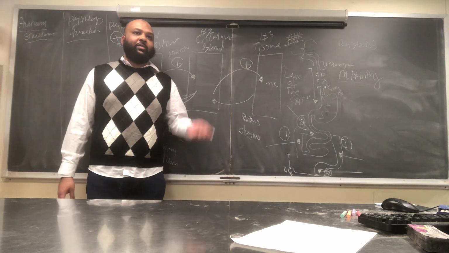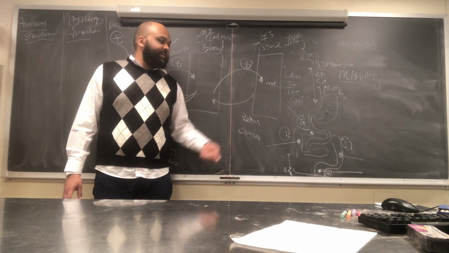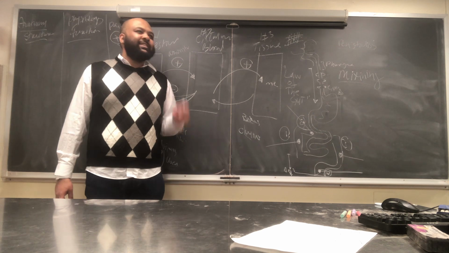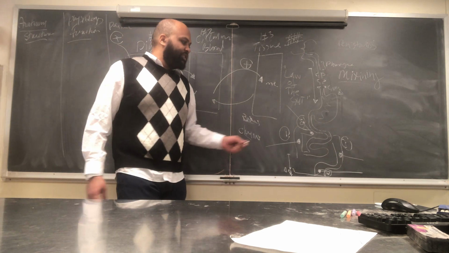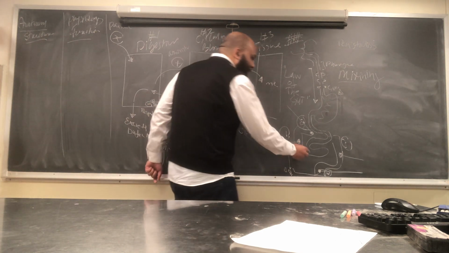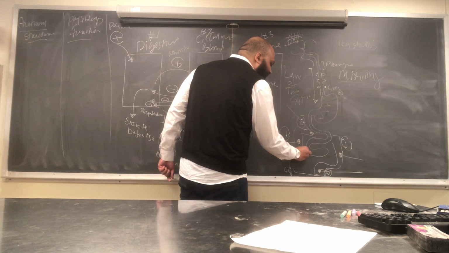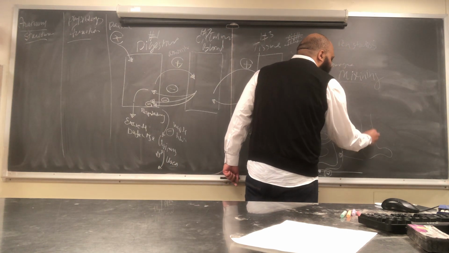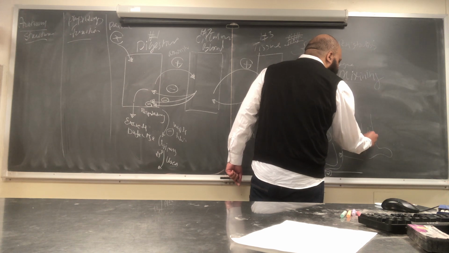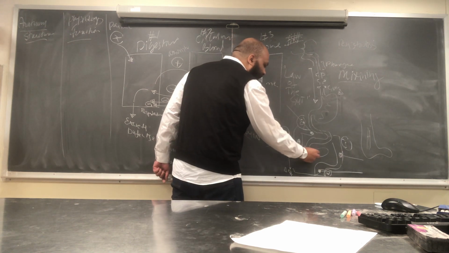Very good. So we agree to that. They're not going to be the same. What difference will these samples have? The further down, the less nutrients. That's very good. But this happened here at the ileocecal valve. So here there is a sphincter and there is a valve. Just like how in our feet you have these varicose veins and you have valves that are one way. This is a one-way valve.